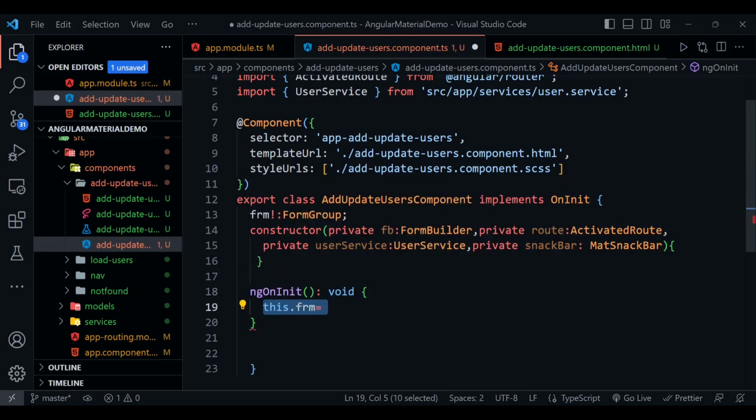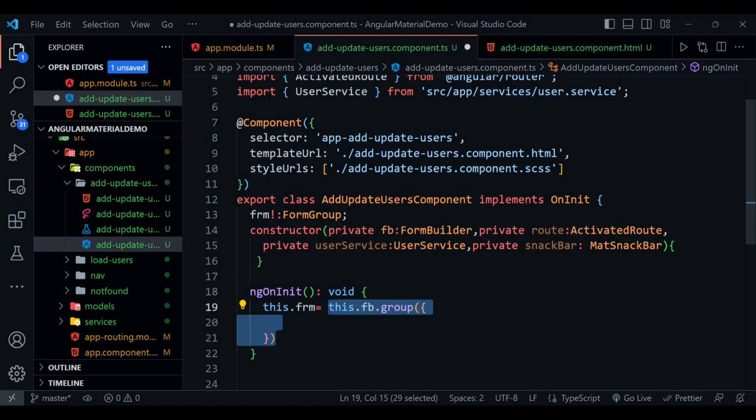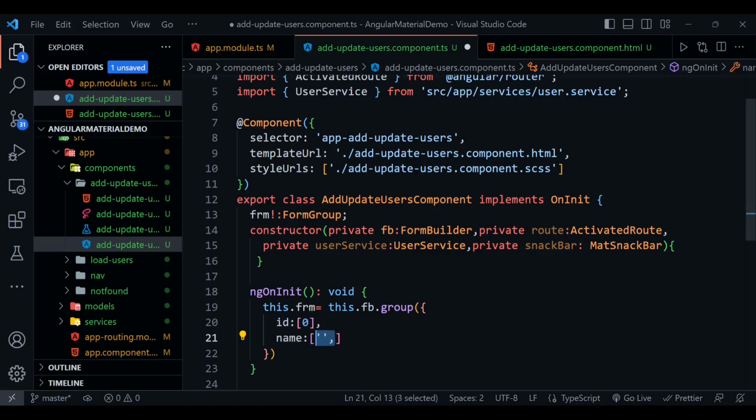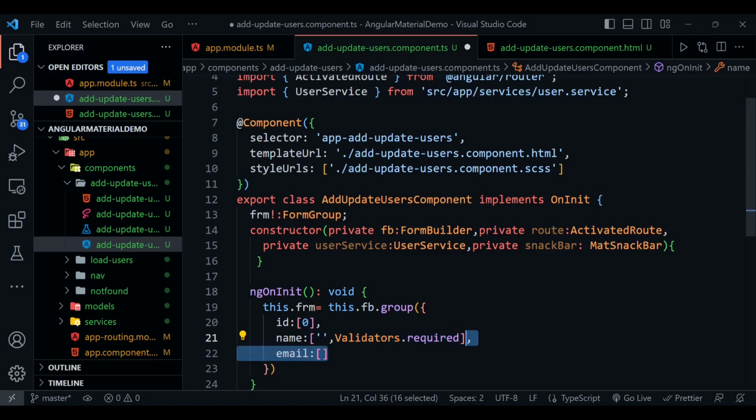Now we will initialize the value of frm here, so just type this.fb.group and it will take an object. Inside that object we will provide id and its default value will be 0, and we will provide a name with default value empty string, and it will be a required field, and we need another field here which will be email, and we will do same thing here, but it needs one more validation which will be validators.email. Now we are good,